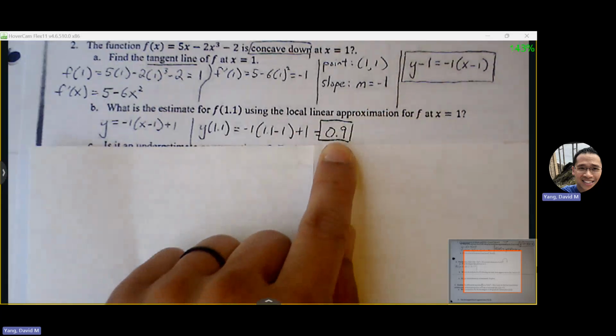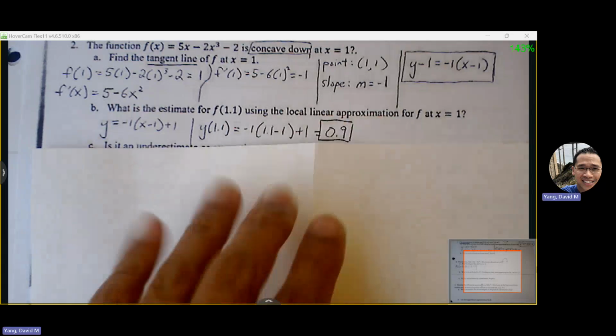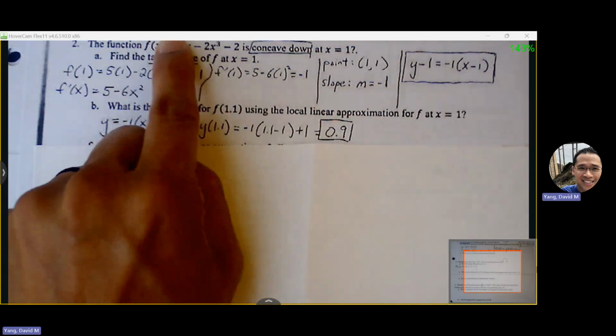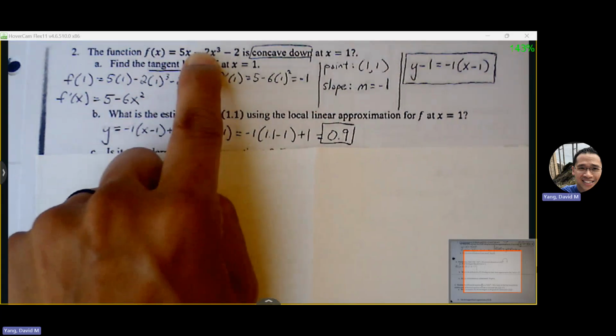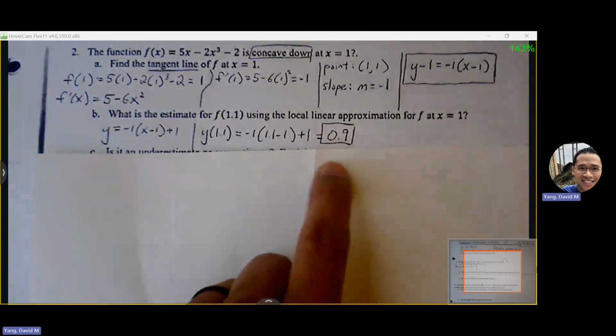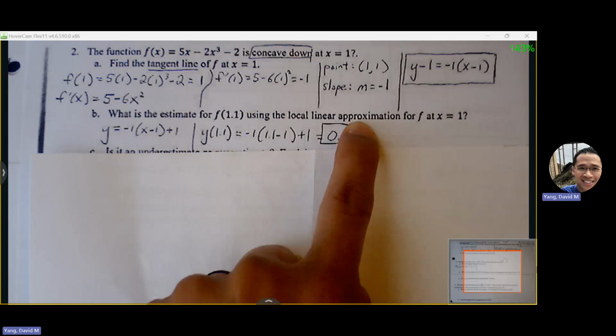That's the approximation. We know that this is not going to be the exact value on the curve, whatever that curve value is. We could plug in 1.1 into the function, but you're never going to have to compare, okay, this is how far off we are from the actual value. We just have to be able to, it says local linear approximation,